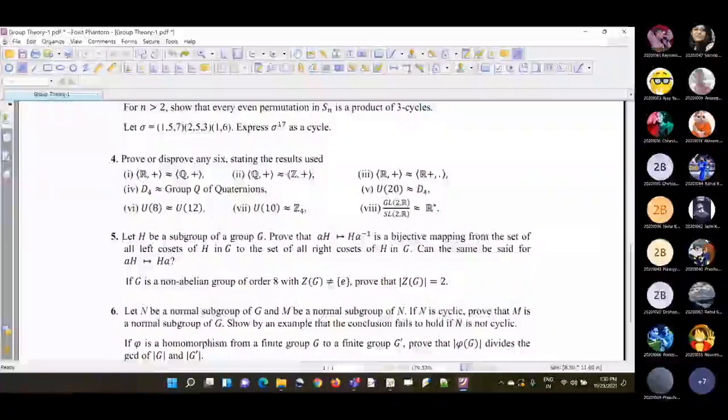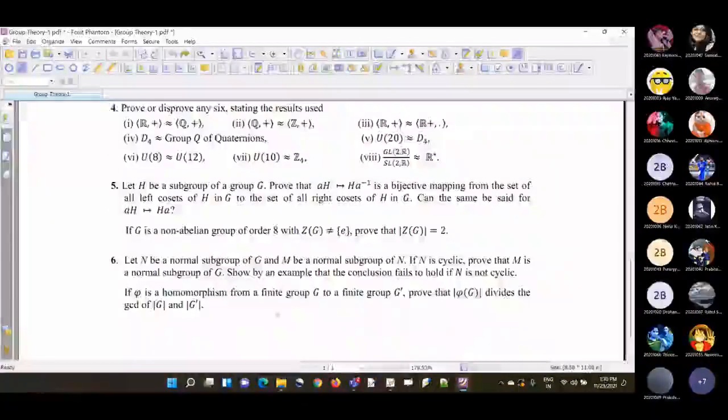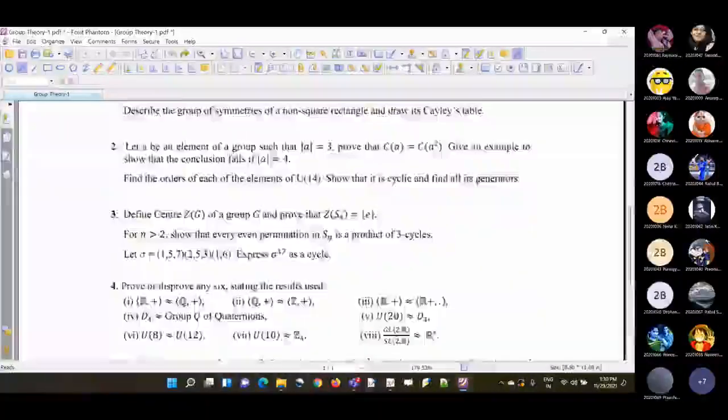So there are so many things. If one is cyclic and one is not cyclic, then they cannot be isomorphic. If they do not have the same number of elements, they cannot be isomorphic. Okay, so many things are there. So let us see how we can do. And then the 5th question is there, and then the 6th question is there related to normal groups and normal subgroups. Fine. So let us see question number 1.